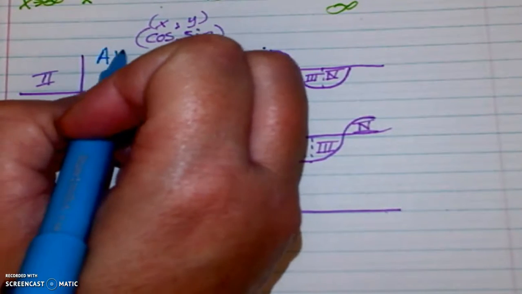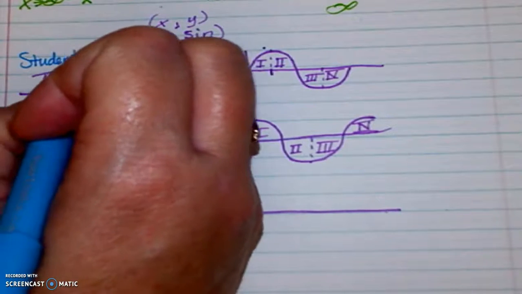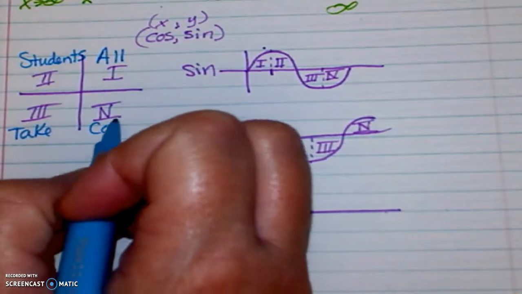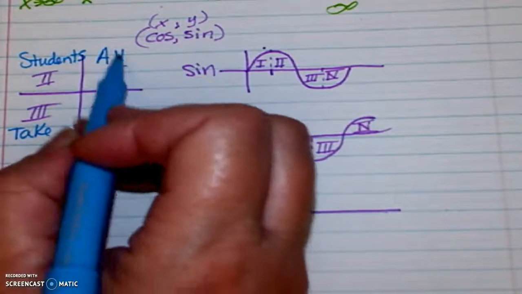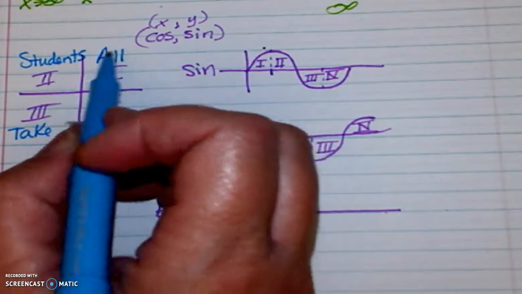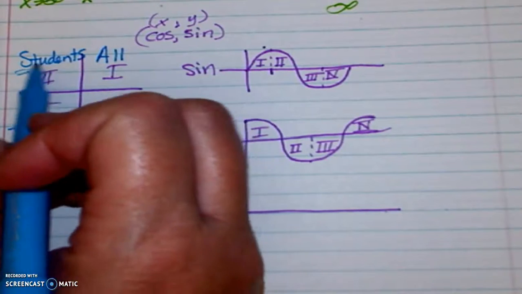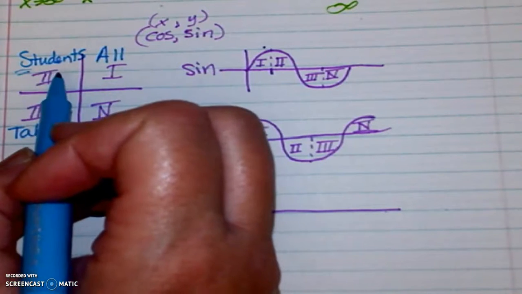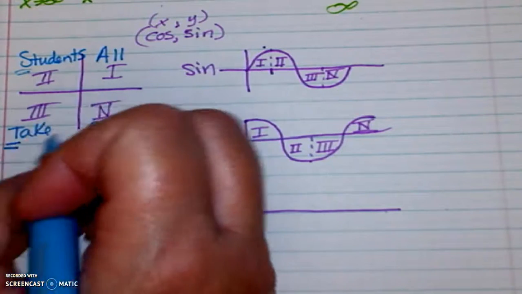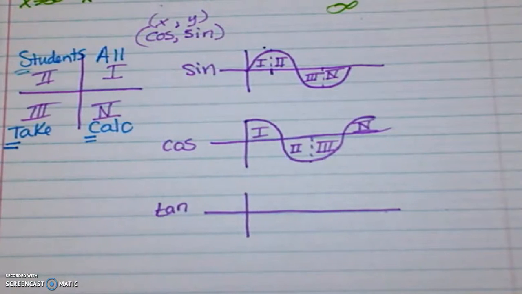All students take calculus. So what you're going to find out is that sine, cosine, tangent, all three trig functions are positive in the first quadrant. Students is just referring to s. Sine is the only one that's positive in the second quadrant. Tangent is the only one positive in the third quadrant, and cosine is the only one positive in the fourth